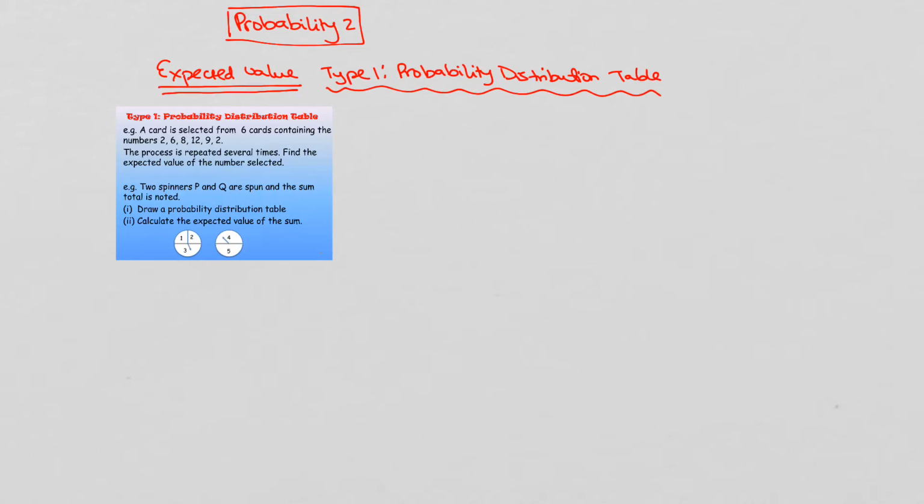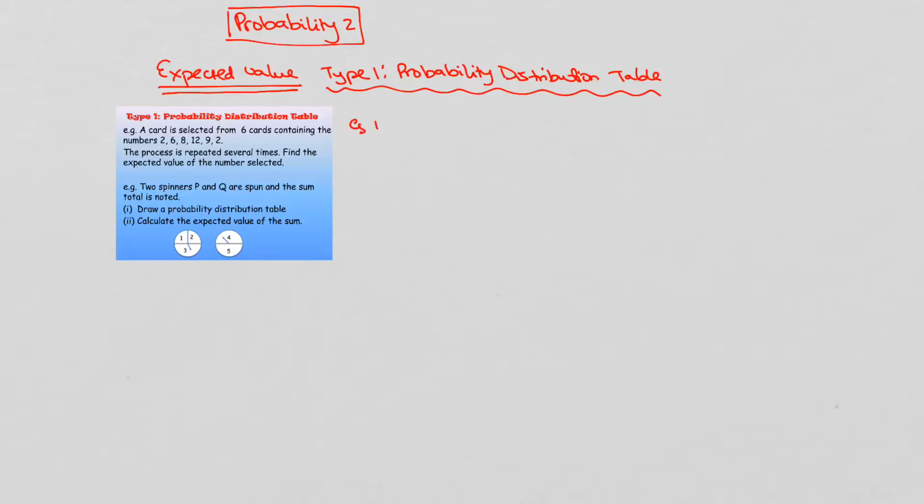Probability 2, expected value, type 1: probability distribution table. So we have two examples here. In the first one, a card is selected from 6 cards containing the numbers 2, 6, 8, 12, 9 and 2. The process is then repeated several times and we have to find the expected value of the number selected. So to make a probability distribution table, what we want to have a look at is,